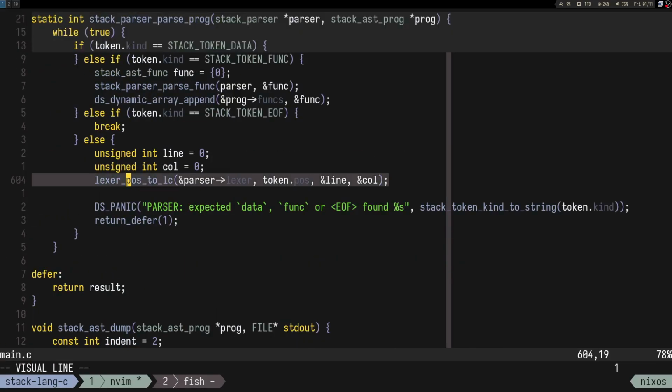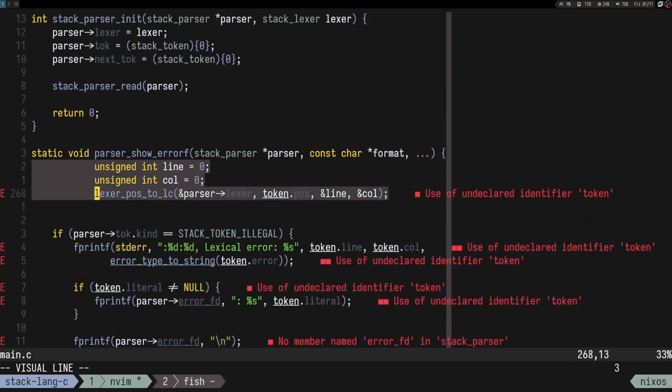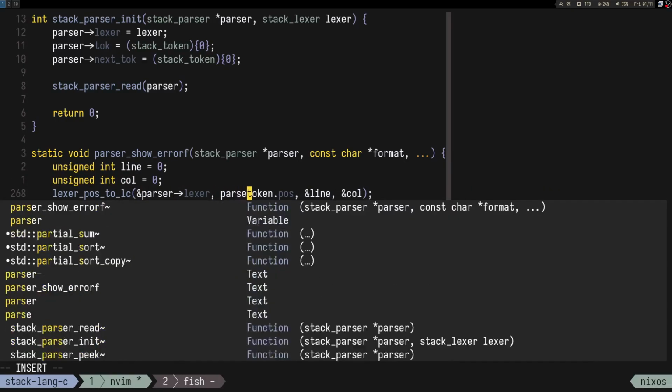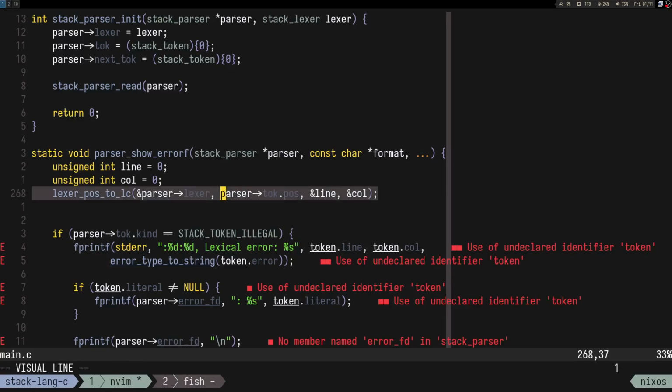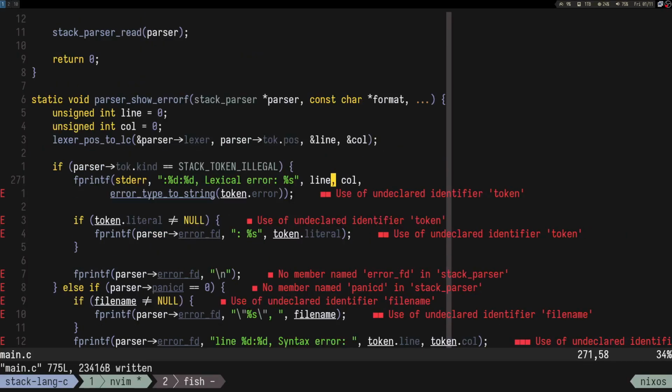So basically I need this stuff. The parser took position, and this gives us the line and the column. So then we can just show line and column, and I guess even better,